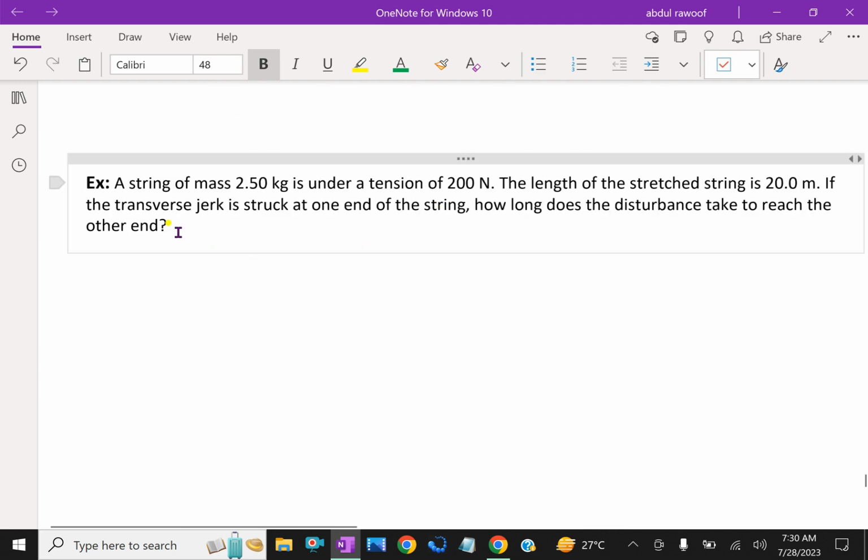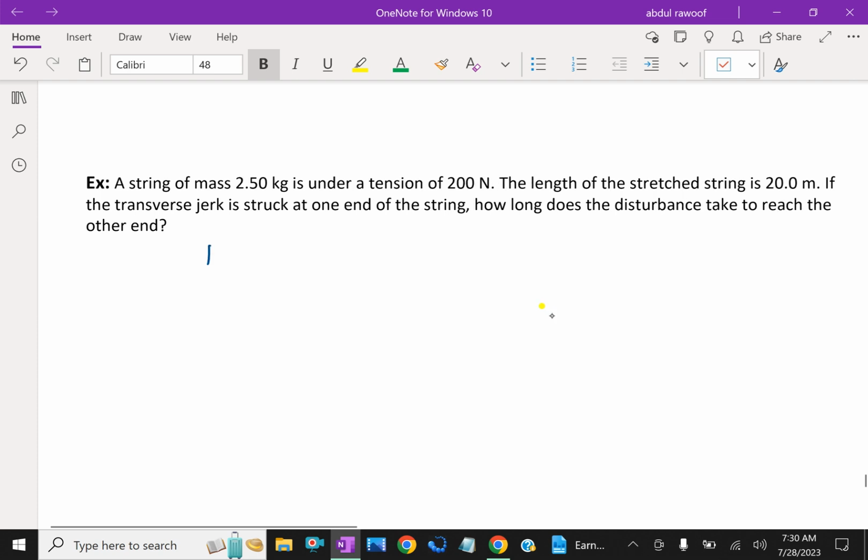Look at this example. A string of mass 2.5 kg is under the tension of 200 Newton. The length of the stretched string is 20 meter. If the transverse jerk is struck at one end of the string, how long does the disturbance take to reach the other end? That means here the time taken is asked for the jerk to reach from one end to the other end. Here the given thing is tension T equal